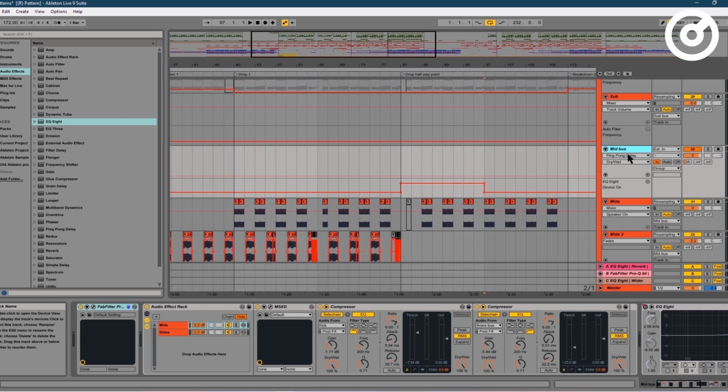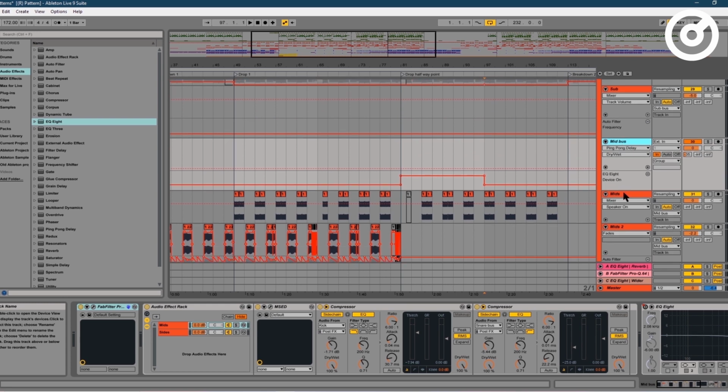I've then got a mid bus, and this is where I'll be sending all of my mid basses into. And it looks like here, as I've maybe shown in other tutorials and explained other places, possibly on Instagram actually, I'm using this mid-side sidechain technique. So what I'm actually doing is only sidechaining the mid of the sounds with the kick and the snare, because the kick and the snare sit mostly in the middle,